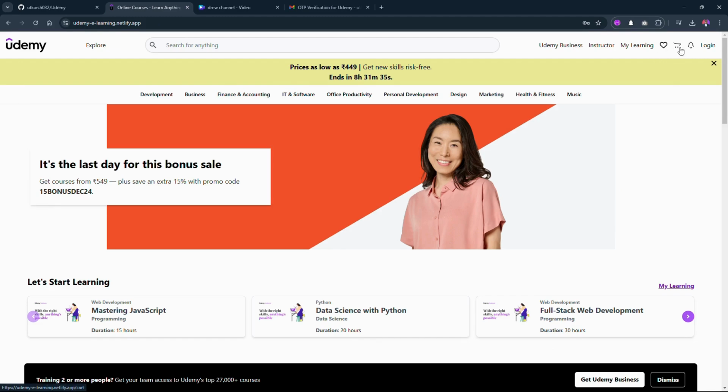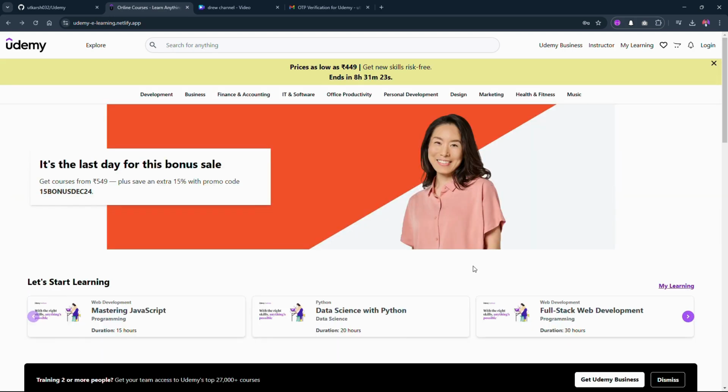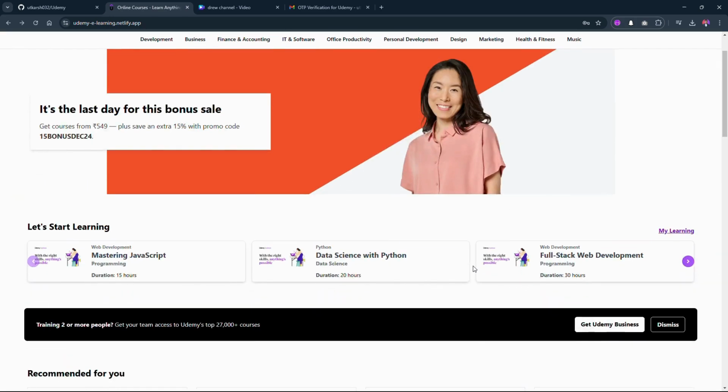So we created a shopping cart system also. Users can add the courses to the cart and then purchase by clicking on the checkout system. Right now there is no project, that's why the UI is looking like this. And if we move forward, here you can see the other pages, like the first section